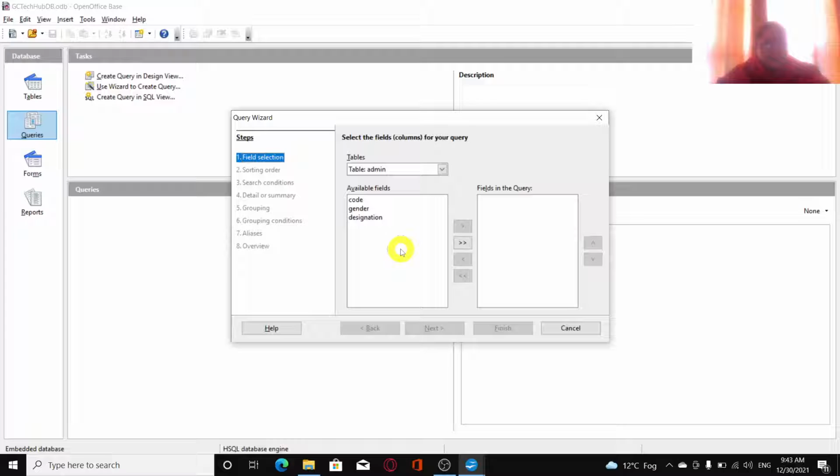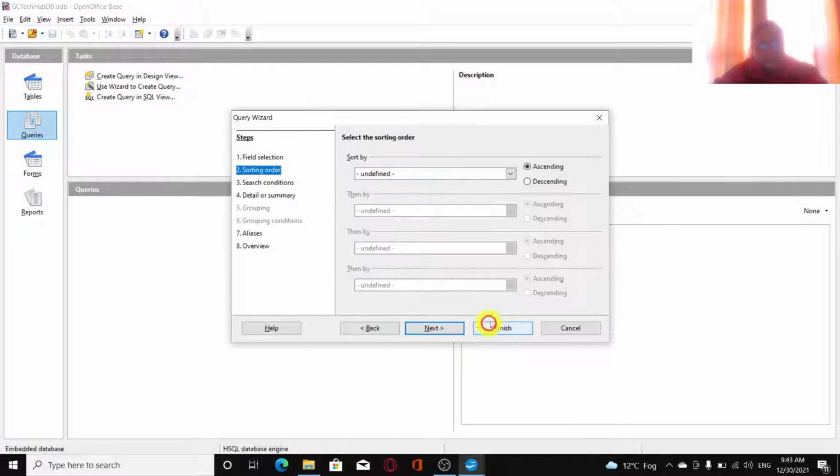Now you will see that many things are not possible using the wizard, although we will be actually creating this using the design view, but I'm still going to tell you how to proceed with the wizard. So this is the query wizard, as you can see over here. First we will select the table travel, and because we want to group the records, we need to select all the fields. So I'm going to send all the fields here.